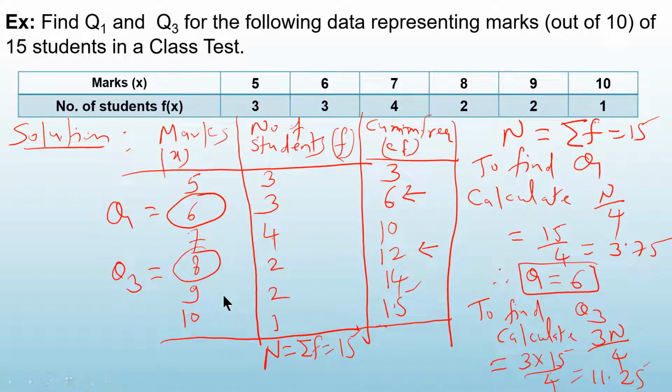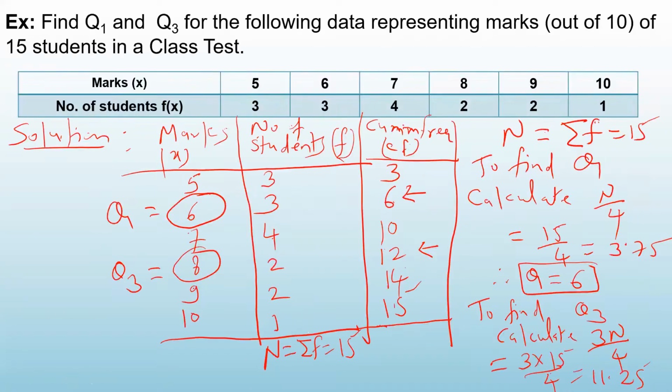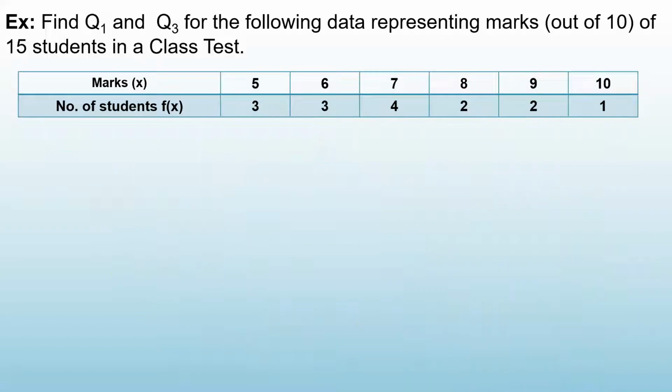अच्छा, अभी मैं एक मेरी तरफ से ऐड करती हूँ. If I ask you find median for this data, how will you do median? अगर मैंने पूछा इसी डेटा के लिए आप मीडियन निकालो, तो आप क्या करोगे? What are the steps for median? क्यूमुलेटिव फ्रीक्वेंसी निकालना है, वो ऑलरेडी निकला हुआ है.